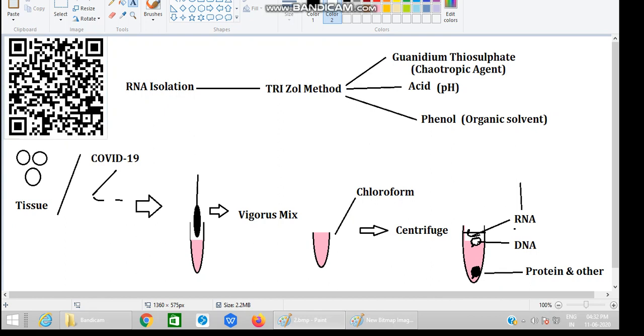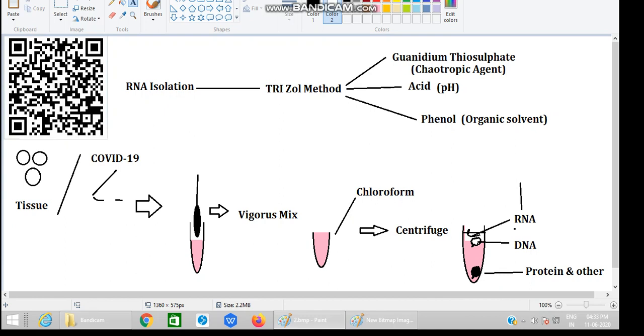And since it is single stranded, it will come where? In the non-organic phase. That means in the phase where acid is there, where guanidinium thiocyanate is there. That means in a polar substance. But in DNA what happens? DNA is also negatively charged, but its charge is neutralized, because there are 2 strands. In one strand there is negative charge, in another strand also negative charge. Due to that, it will stay inside the middle layer. But in the top layer you will find only the RNA, which is suspended.